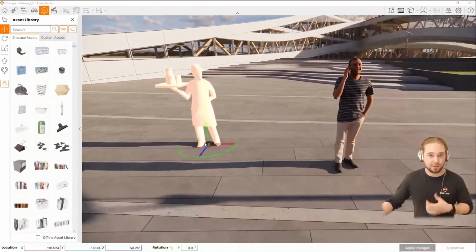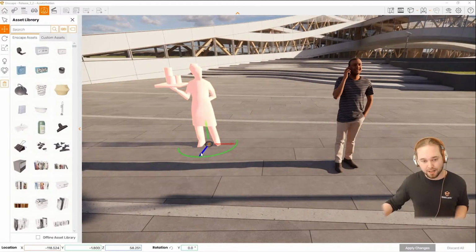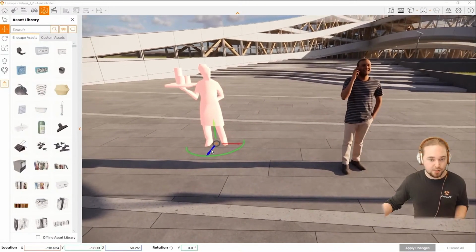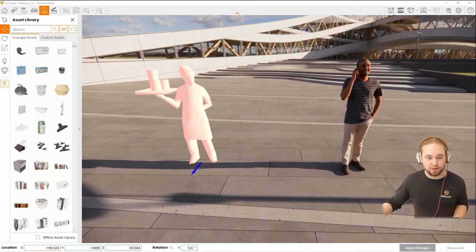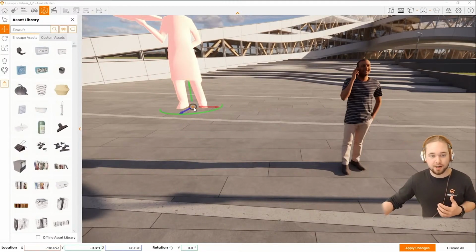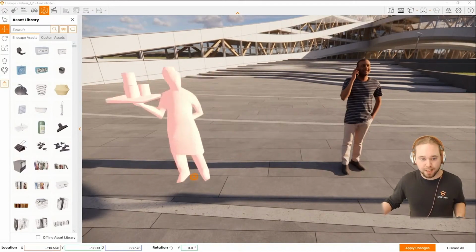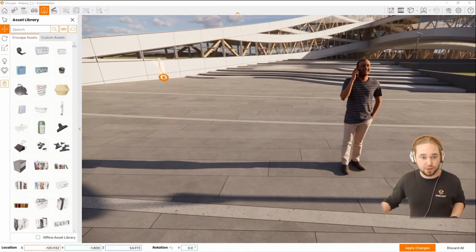So once I click on an asset, you see it is reverted to its placeholder state, which is perfectly normal while we're editing it. In the translate tool, you get 3 axes you can move it on: the blue, the red, and the green up axis. You can also click right here in the middle where we have this orange circle, and that will let you place the asset on any surface, as you see here.